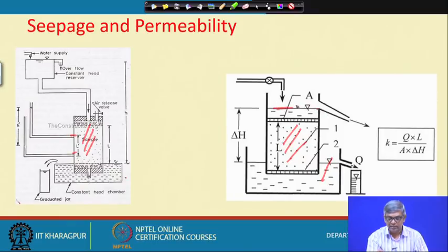If there is excess head, then it will overflow through this. So, finally, by this way we are maintaining a head here. This is the outlet and this is the inlet height. So, this is the head on which the flow is taking place. Now, over a period of time, if I collect the quantity of flow, then I can find out Q,